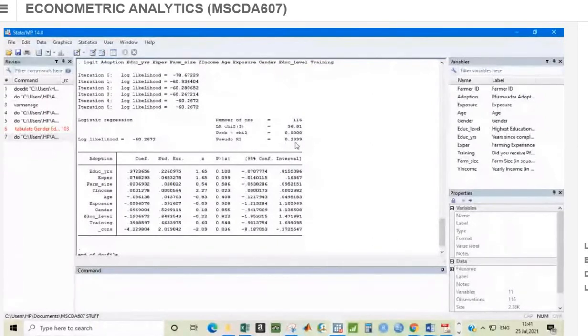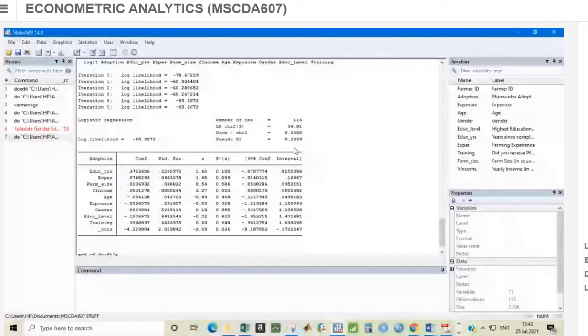It is 23.39%. What are we saying here? We are saying the models are explaining only 23.39% of the variability in adoption. So it means there are around 77%, which is explained by some other variables different from these ones. So this is not a good model. Can you see that 23.9%